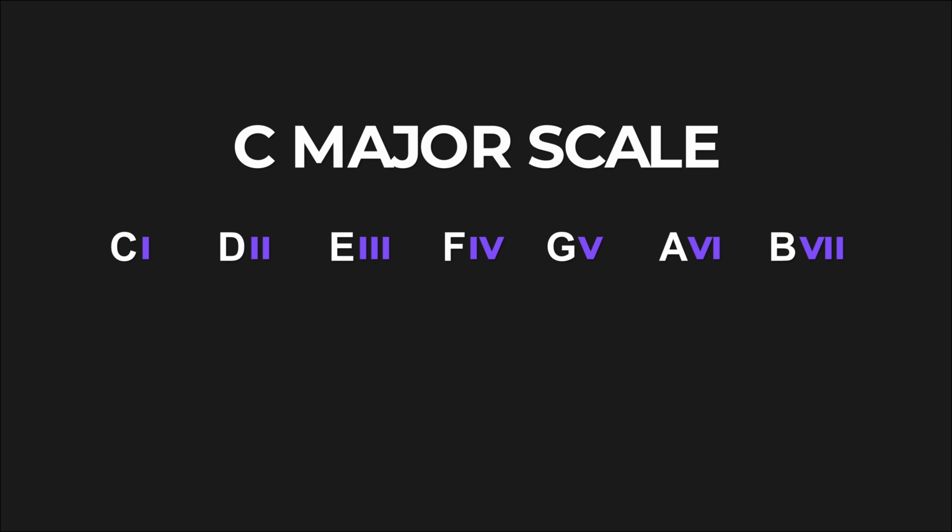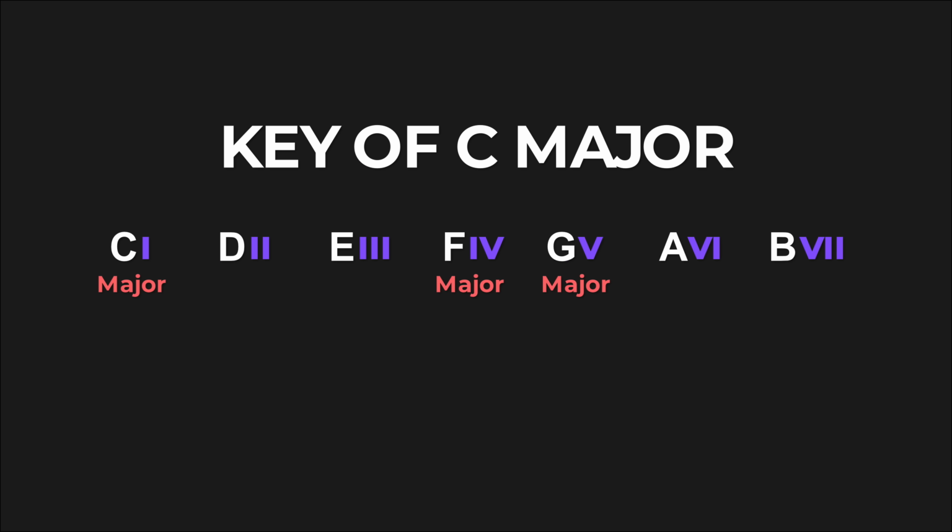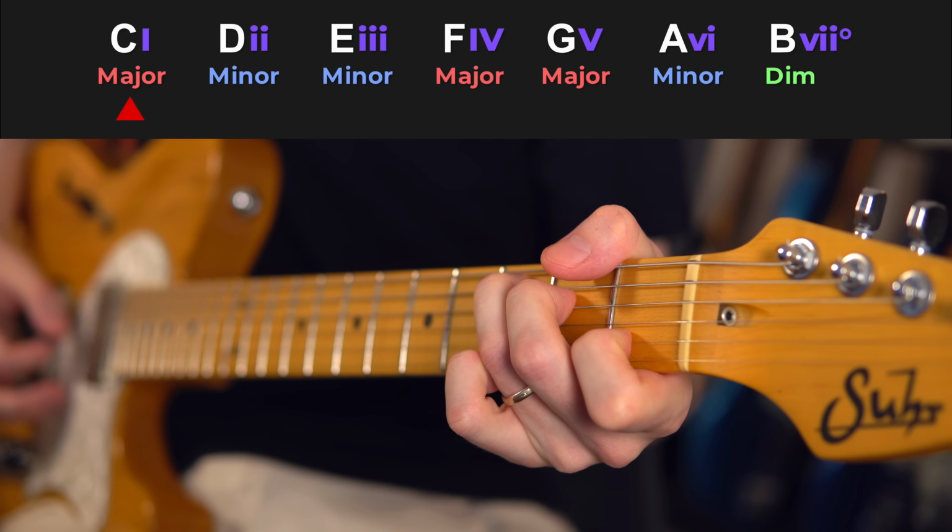Now we can get all the chords that are going to sound good together, the chords in this key, right out of that major scale. So all we have to do is give all these notes a number, and then we apply something called the major-minor formula, and that's going to tell us that chords 1, 4, and 5 are major chords, 2, 3, and 6 are minor chords, and then the 7th chord is a diminished chord. And this would make sense because if I actually played these chords, the full chords, as I go through here, you can hear they sound like they all fit together. So C major,